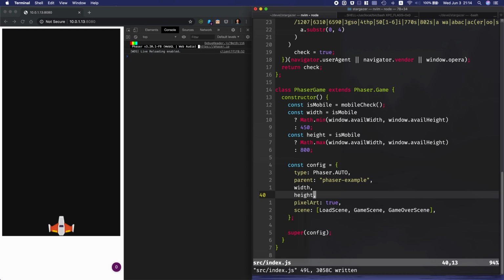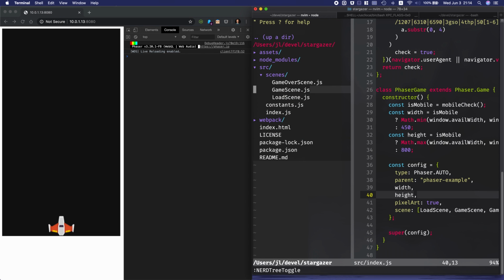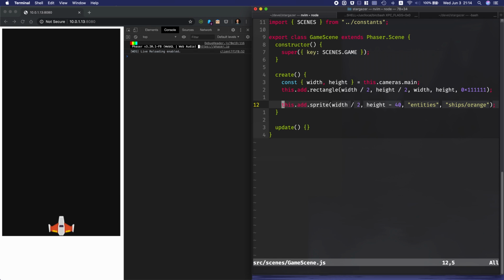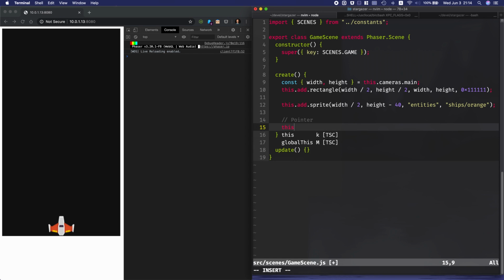So now that we have the spaceship added to the scene, let's go back to our game scene, and let's set up some boilerplate code for our pointer. So we want to basically capture the touch state. And then based on that, we're going to move the ship around in the update method. So for the pointer, we can say this input,